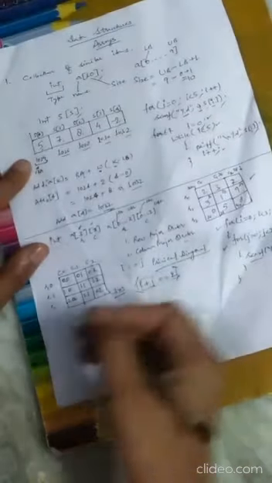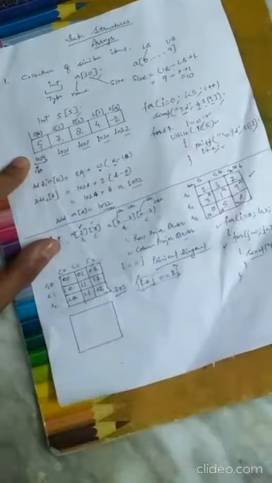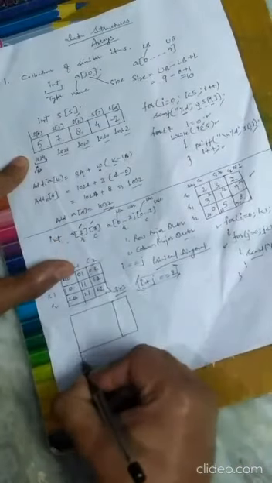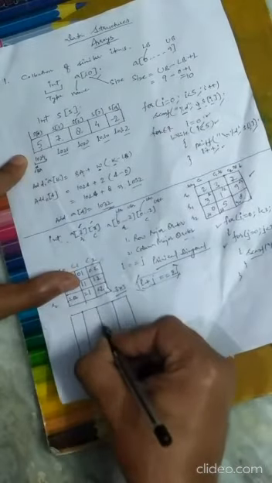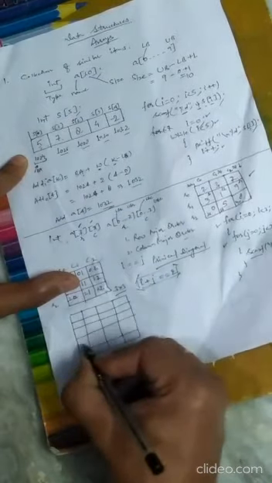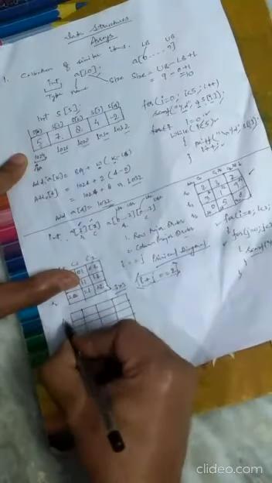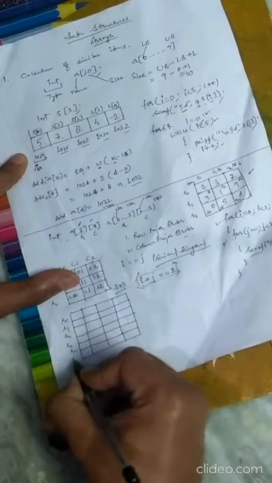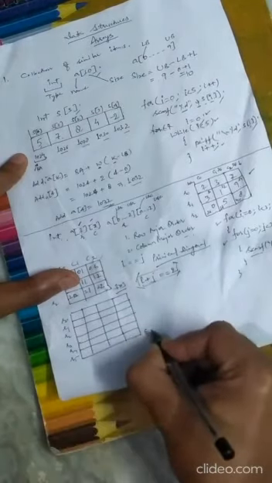Let us take an example. Suppose we have this matrix, and its size may be anything. Let us assume it's not a square matrix, and this time it is a bigger one. Let me make it completely. So these are the rows I'm drawing. Who will tell me its size, its order? This is R0, this is R1, this is row 2, this is R3, this is R4, this is R5. So this means 6 rows are there. We write the order as row by column.